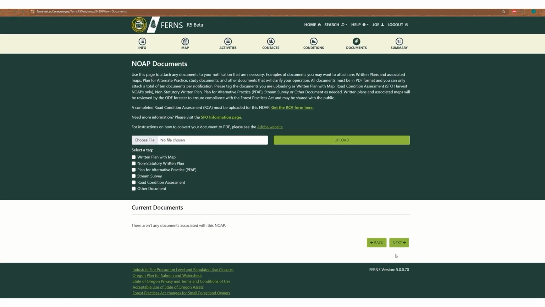The next step is attaching the file to this notification. So we said here we were going to do a stream survey, but we're also required to do a road conditions assessment because of the harvest, and we are a small forest landowner. So how you select your